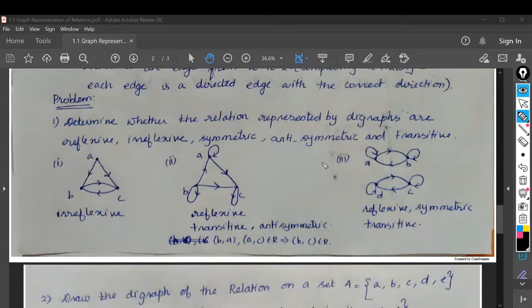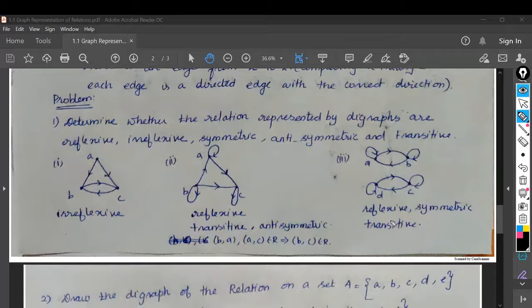Now let us come here. For this particular relation, there is a loop in all the vertices, which means that it is reflexive. Whenever you have A to B, there is B to A. Whenever you have D to C, there is C to D. In A and D, you don't have edges at all, so you need not worry about it. Whenever there is an edge, there should be an opposite edge. In that case only it is called symmetric. So in this case, it becomes a symmetric relation.